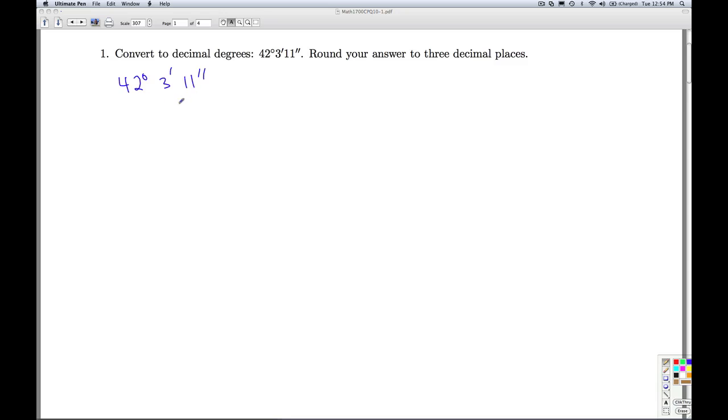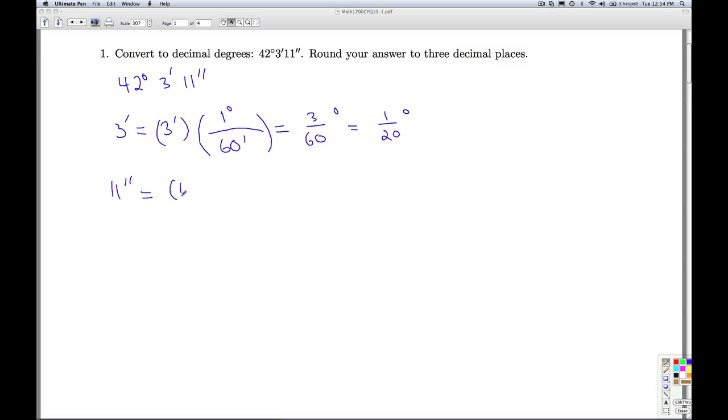So if I want to convert this to decimal degrees, I know that the 3 minutes is going to be 3 minutes. To convert that to degrees, I know that for every 60 minutes I have 1 degree. And so 3 minutes is 3/60ths of a degree, or 1/20th of a degree. And 11 seconds, I would multiply that by,